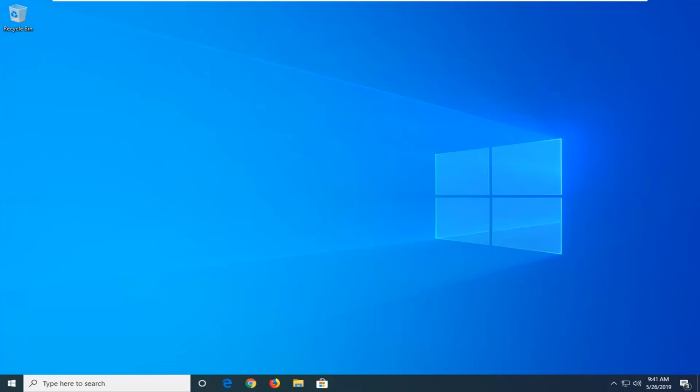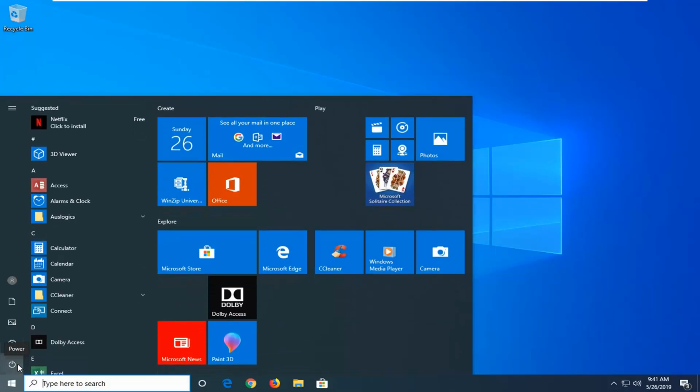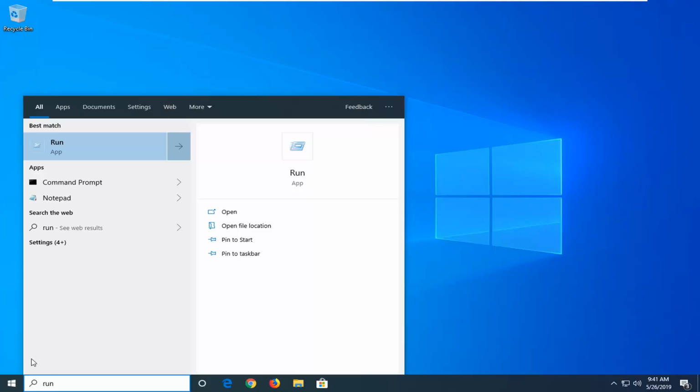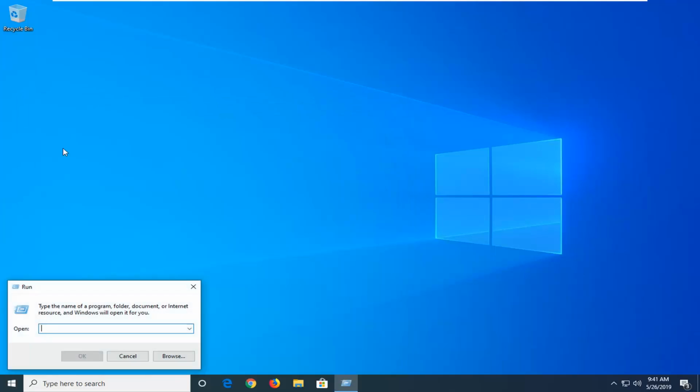So the first thing I would suggest would be to go ahead and open up the start menu, type in run, so R-U-N, best match to go back or run. You want to just go left click on that one time. Now I'm going to have a little bit of text in the description of the video. It should say